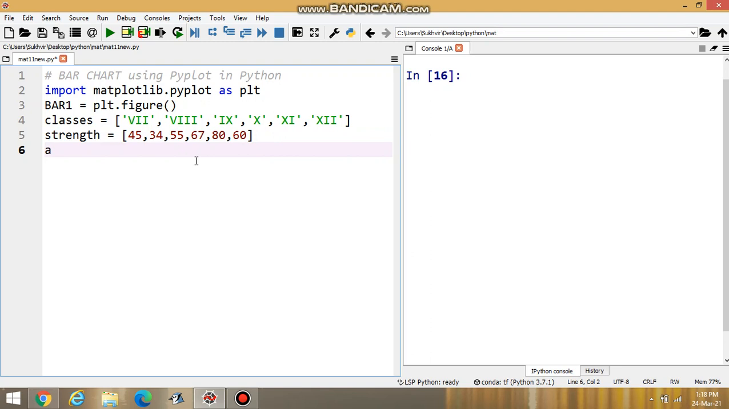I have to first set the axis. On bar1 I have to set axis dot add_axis. This is basically the limit of our designing part, 0.75 and 0.75. Suppose this is the limit of our axis. After designing the limit,